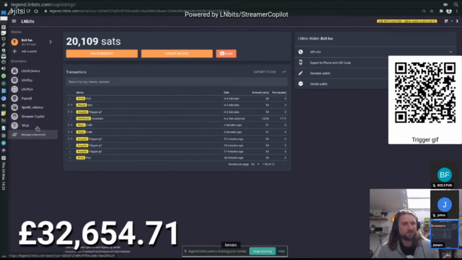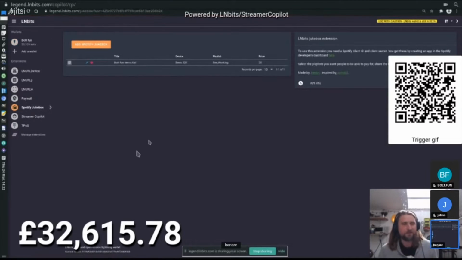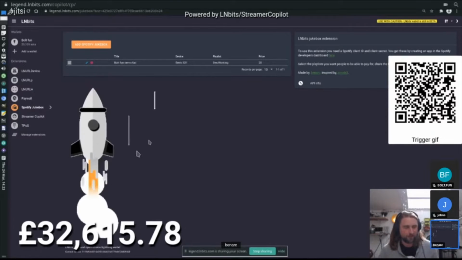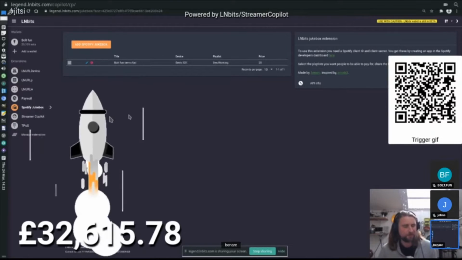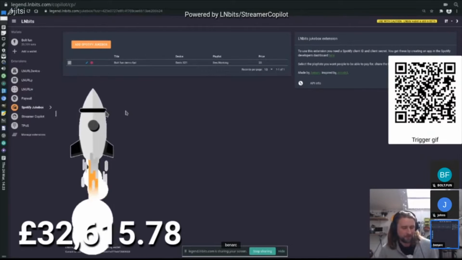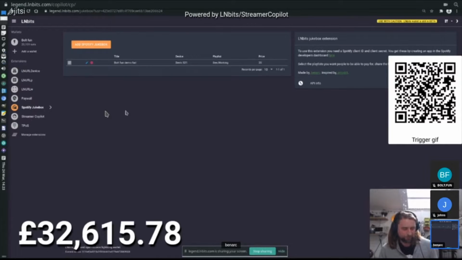I've already shown this extension the day before yesterday, but this is the Spotify Jukebox extension. Again, very cool. So as I said, with LNbits, you can extend it in any direction which is relevant to you. If you've got a bar, why not allow people to pay for the music which is playing and stream some sats that way? So I've got a jukebox set up here. And then if I open up Spotify on my phone, which this is connected to, and if I play